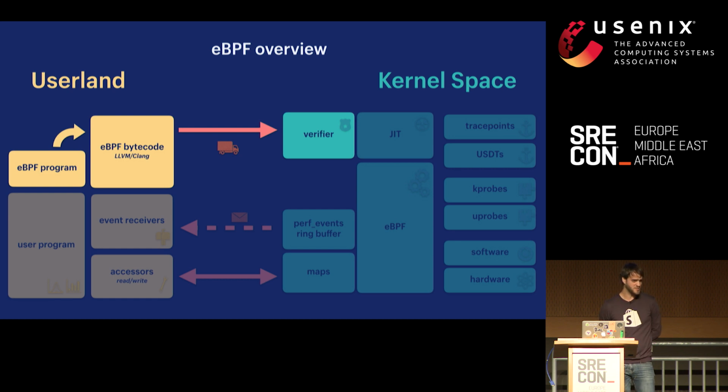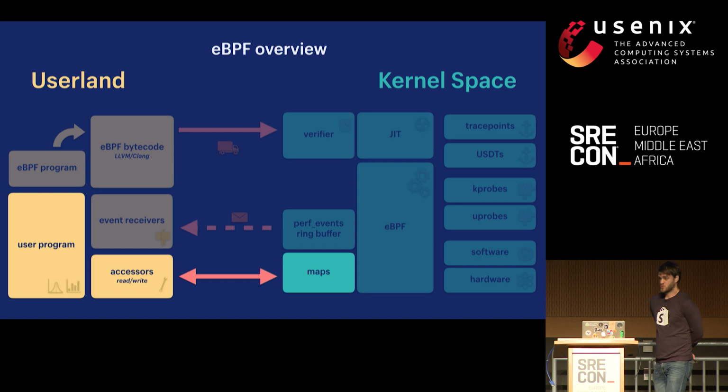Because it's running in kernel space, it's pretty important that these programs are safe. So there's a lot of restrictions and verifications done for safety and correctness. You can't loop, at least not infinitely. A bounded loop could work. Memory access is bounded, type checked. It checks for like null dereferences. Programs are pretty small, 4,096 instructions, at least by default. I think you can configure that if you want to build your own kernels. But you can chain a bunch of these programs together to sort of overcome that if you really need to.